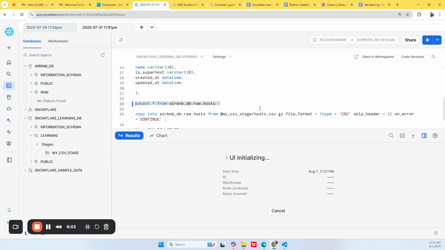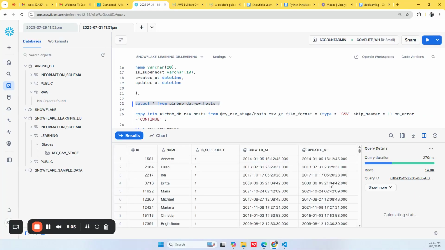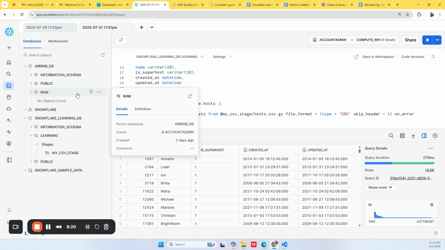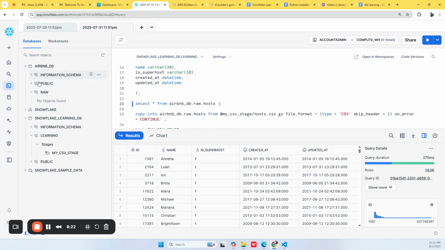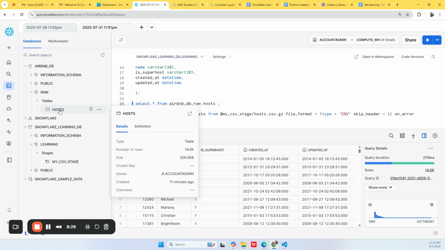If you try to select the data from the hosts table, yes, you can see this. It is more than 14,000 records. So yes, using the copy into command, we are able to load the data into our hosts table. Now if you refresh it, it will be effective here. Yeah, so this is the table. Now from this table,